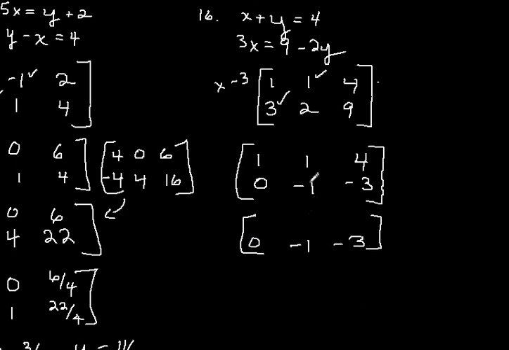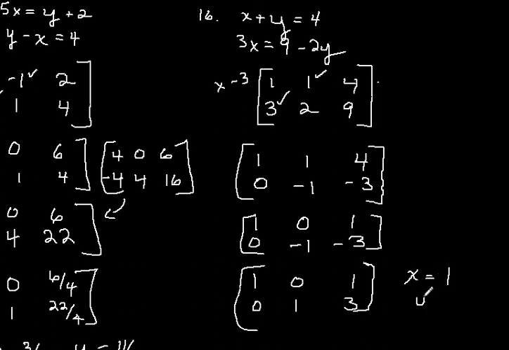And we're just going to add the bottom to the top line and replace the top line with that. So we get 1, negative 1 and 1 is 0, negative 3 and 4 is 1. Final step is we have to get a 1 here, so we divide these guys by negative 1. Top row is done. So we get 0, 1, 3. We have our identity matrix right here, and we'll just get x equals 1 and y equals